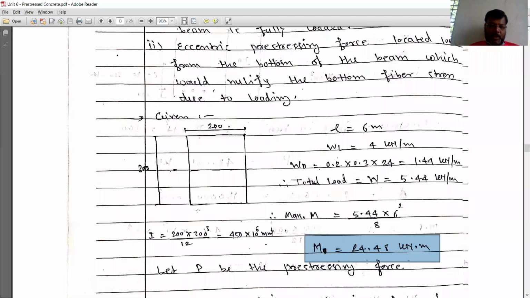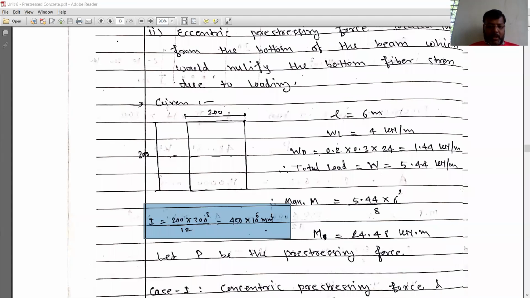Okay. Now again one more section property is required for us to find out the stresses at the bottom and top. That is the section modulus. So section modulus, or you can calculate the value of moment of inertia. I will be equal to BD cube by 12, and the section modulus will be equal to I by Y. So that y in this case will be equal to 300 by 2, that is 150. Okay.